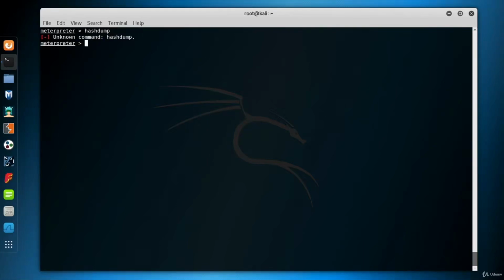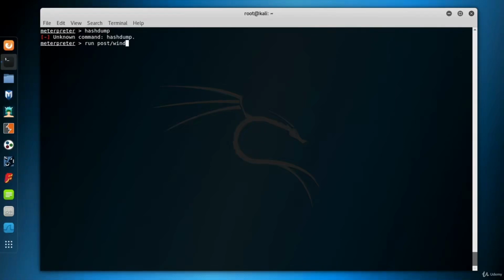Well now, it seems Meterpreter does not have the hashdump command for Linux systems. But again, no worries, because we can use a post module to gather hashes. We'll see that in detail in the post exploitation lecture. So, just to show you that we have alternatives, let's run this post exploitation module. Run post